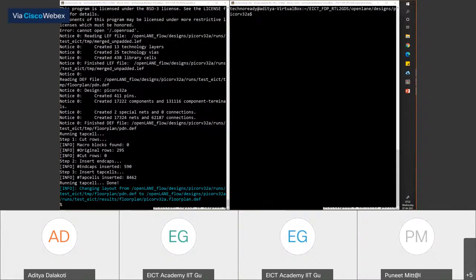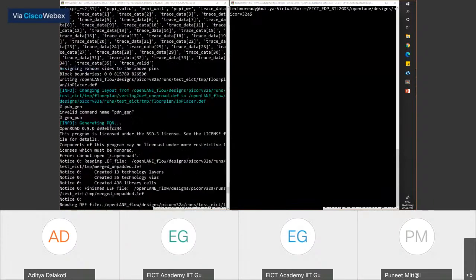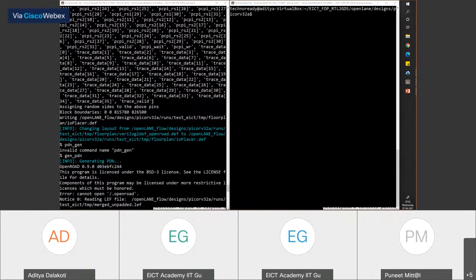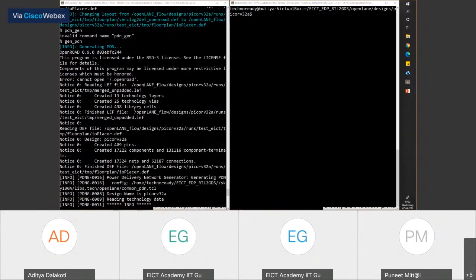Okay, Gauri is asking about pins not being in the specified direction. Then Gauri, something might not have been read correctly from your file. After you run place IO all, it tells you which pins it is randomly placing and which pins it placed in the correct direction. Go look at that log, it will let you know what happened.